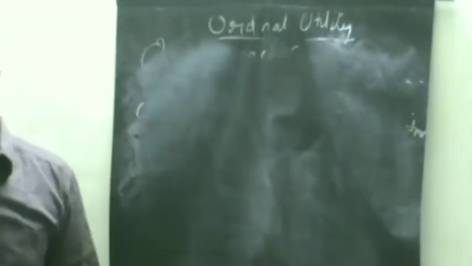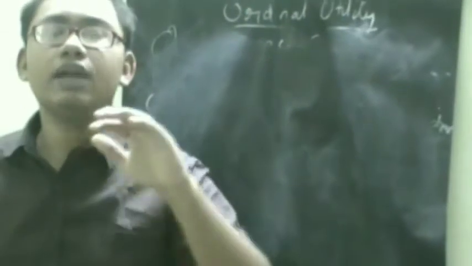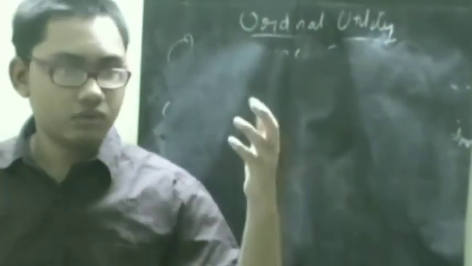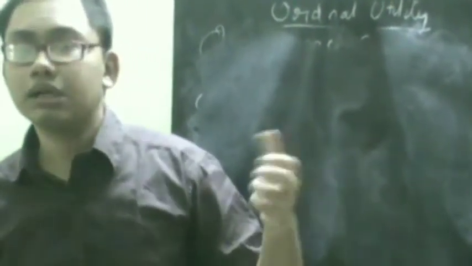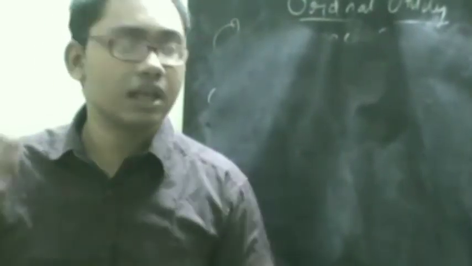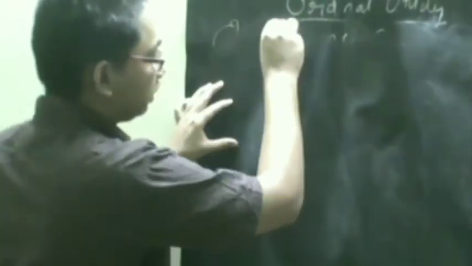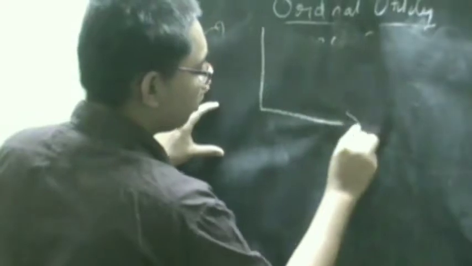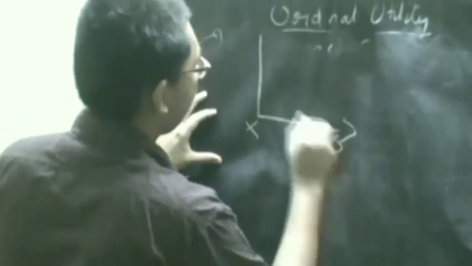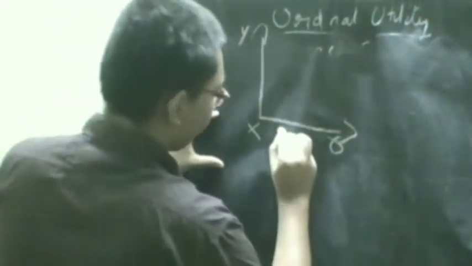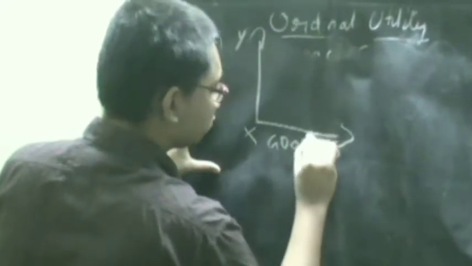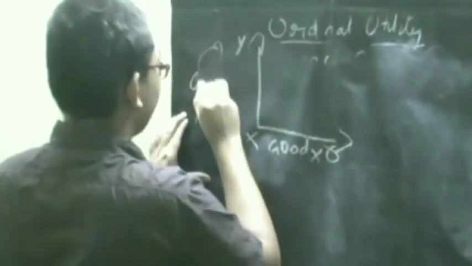Now we are coming to another diagram. That is, we are getting that consumer needs to maximize satisfaction through indifference curve. So what is the constraint that will help us to determine the level of equilibrium? Of course, the budget line. X, O and Y. So good X and good Y.